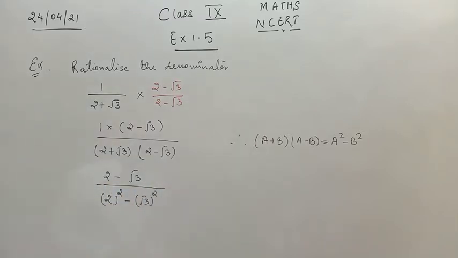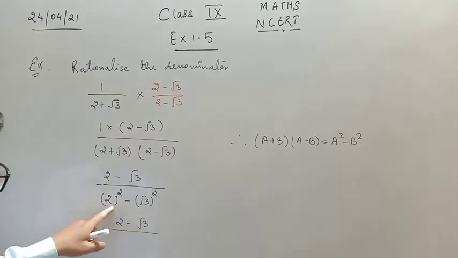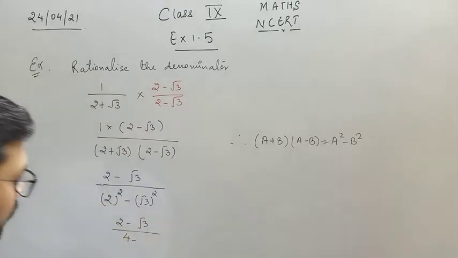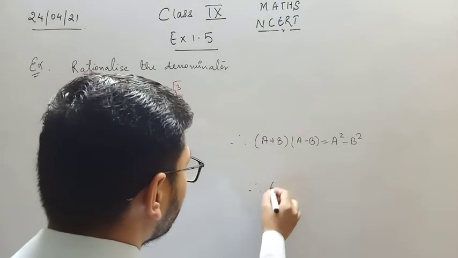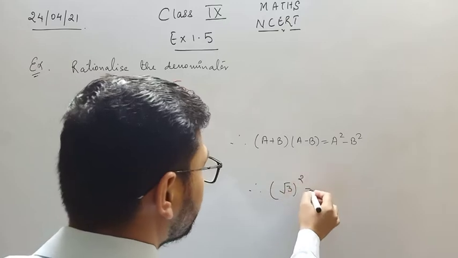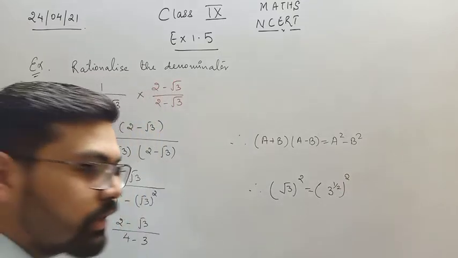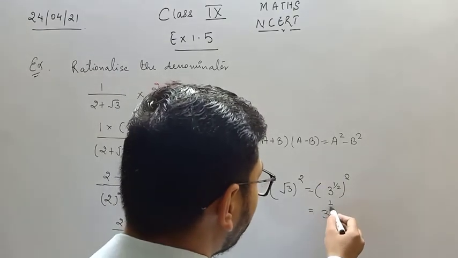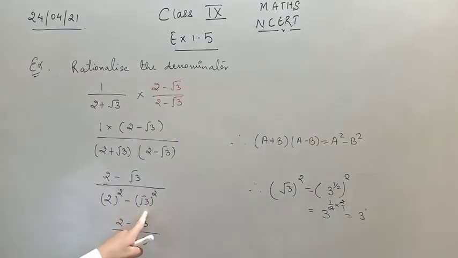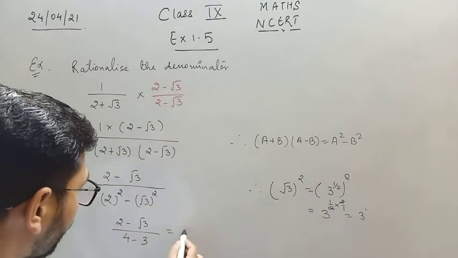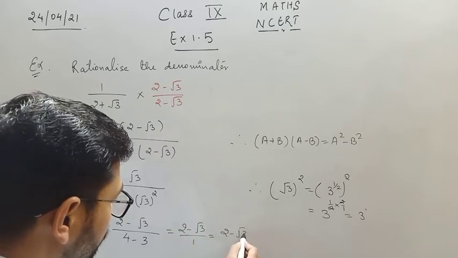Any doubt in this? Now 2 minus root 3 divided by 2 का square is 2 2s are 4, root 3 का square is 3 only, right? Root 3 squared, right? So root 3 can be written as 3 की power 1 by 2 की whole power 2. Now using the law of exponents, 1 upon 2 into 2 upon 1, 2 से 2 cancel, so 3. So root 3 squared is equal to 3. So what answer you will get here is 2 minus root 3 divided by 1, or you can simply write 2 minus root 3 is your answer.